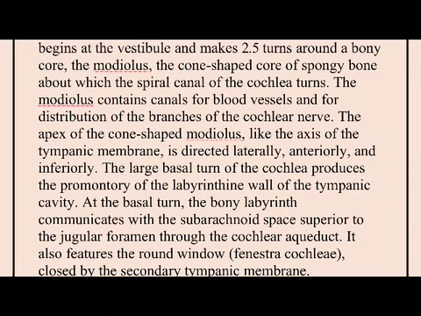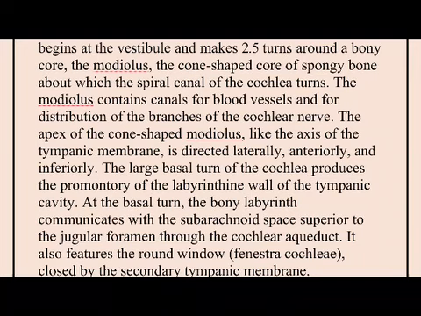So don't forget that the spiral canal of the cochlea begins at the vestibule, and the spiral canal makes 2.5 turns around a bony core, and this bony core is called the modiolus. You can see that in the diagram. The modiolus is actually cone-shaped. It's a cone-shaped core of spongy bone, and it's around the modiolus that the spiral canal of the cochlea turns. So the spiral canal of the cochlea turns around the modiolus, and the modiolus is the cone-shaped core of spongy